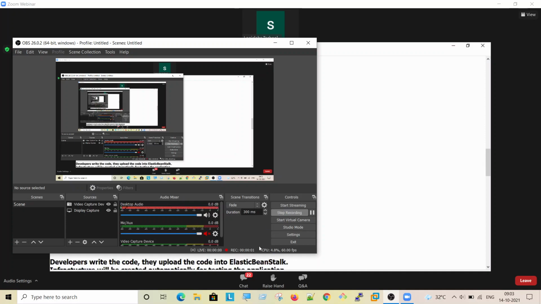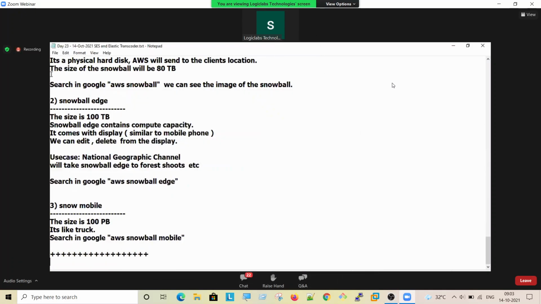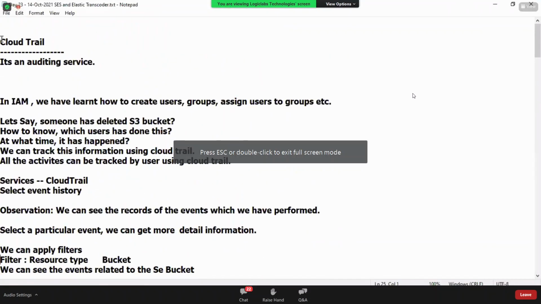Elastic Beanstalk, Snowball. So these are the 4 services which I want to discuss in today's session. Before getting into the concepts,